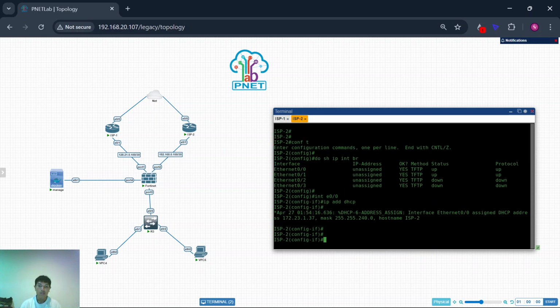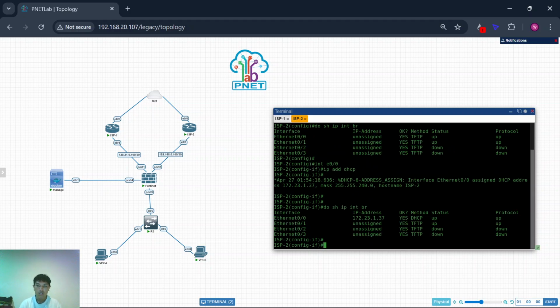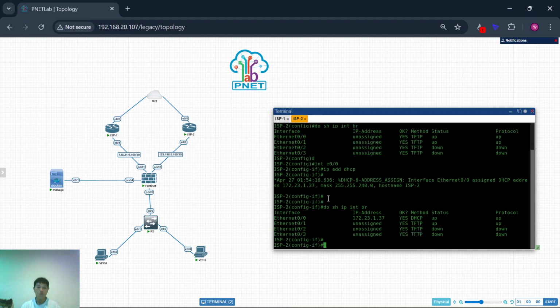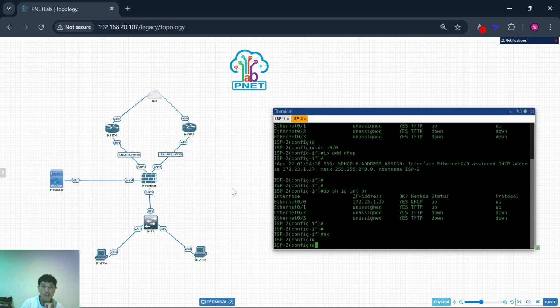And here this is 1.37 and this is 1.41. So exit, and then configure the point-to-point interface port from this router to this FortiGate device. So this is port 1 and port 2. Why did I make the topology like this? Because I want VPC4 to connect to the internet through this site.